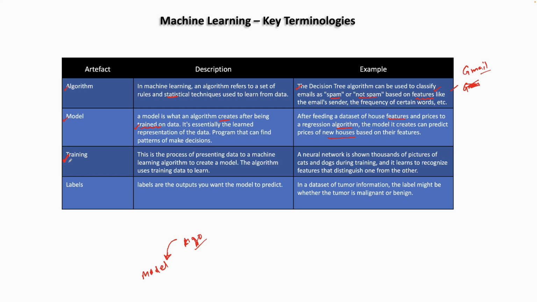Right, now comes the concept of training, right? So you always train your model. Remember, you are training your model, like the way you are training your baby or your child to make decisions, same way you're training your model. So this is the process of presenting the data to a machine learning algorithm. What are you doing in training? You are getting a lot of data and giving it to the machine learning algorithm to create a model, right? So you take the data,